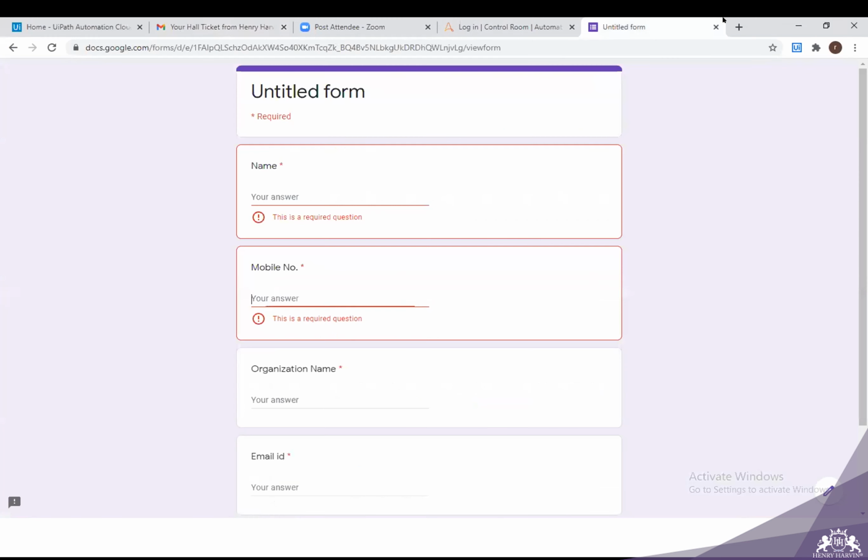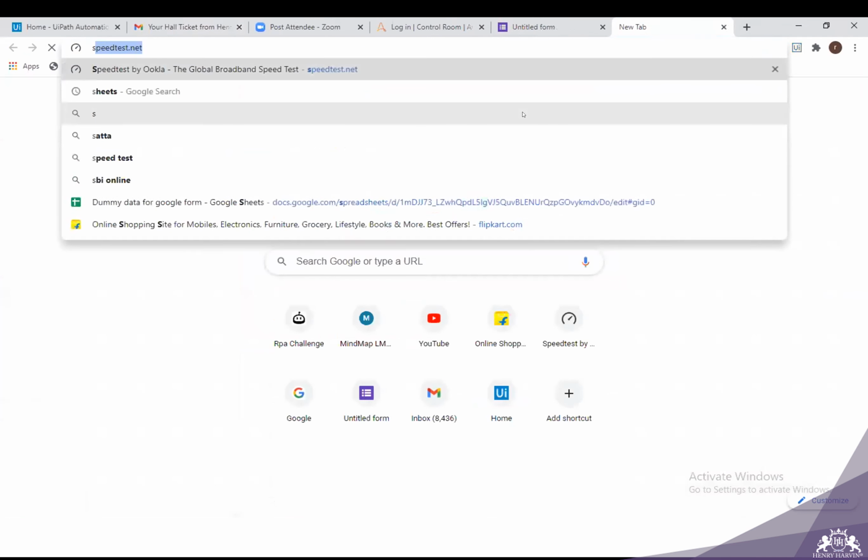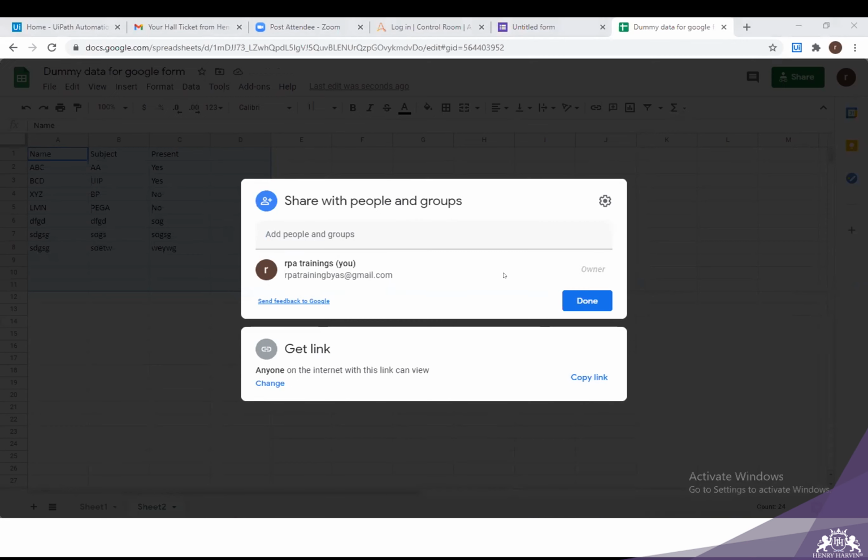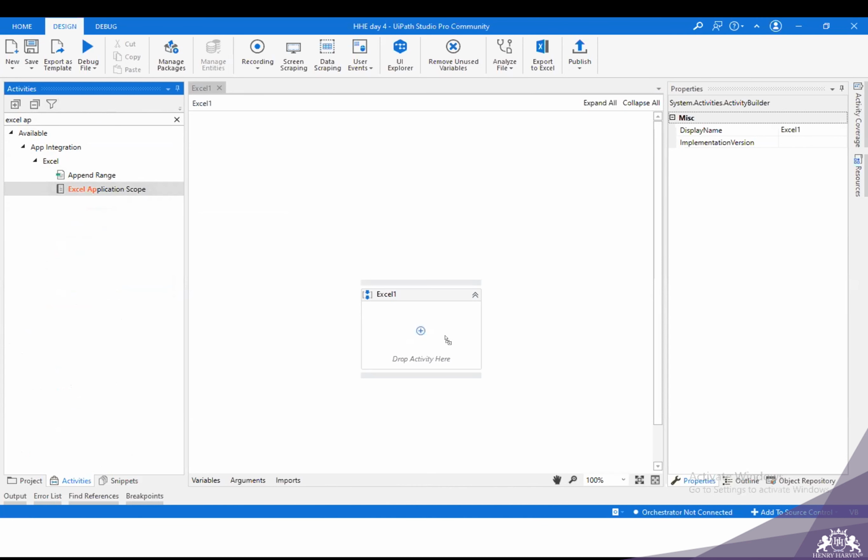Or what I'll do, I'll quickly create a sheet here, because I'm unable to share these sheets. So you can open this spreadsheet on your machine so that you can just copy paste whatever sheet I'll share here. You can copy paste it from here and create your own sheet on your local machine. I'll drop it here.